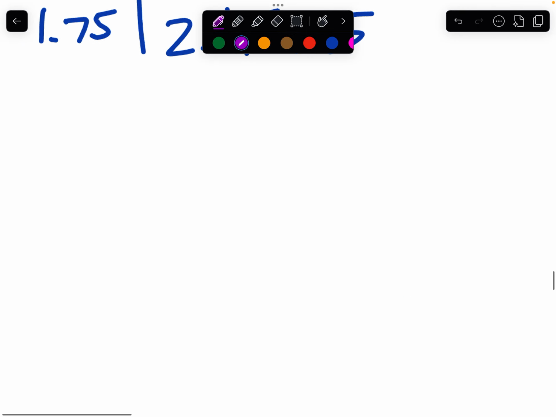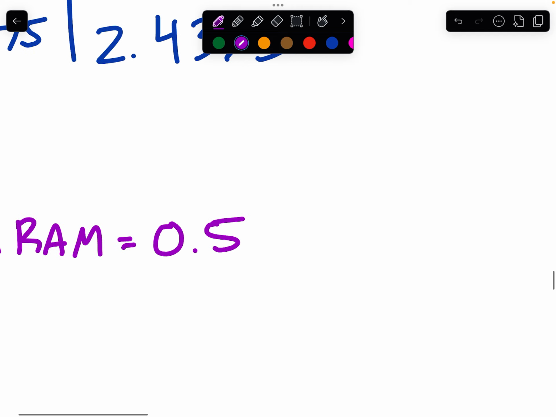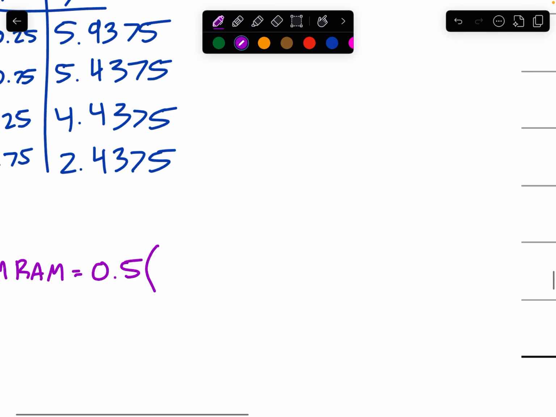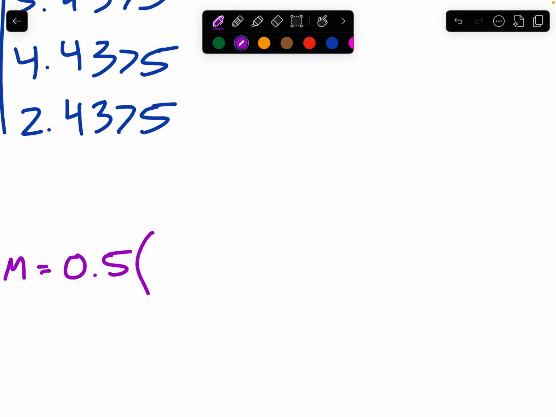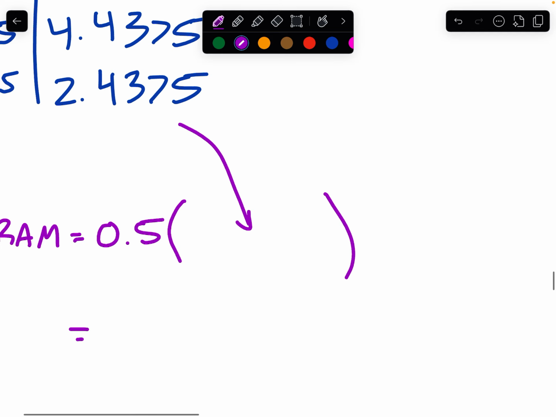Let's get our approximation for our midpoint rectangular approximation method. Once again, we can factor out the b because it's the same base times height, base times height, base times height, base times height. But the heights are all different. We're going to add up all of the heights up above. Okay, and I'm going to speed up this video. I'm not going to write all those down, but we would add up all of those there, multiply by 0.5,